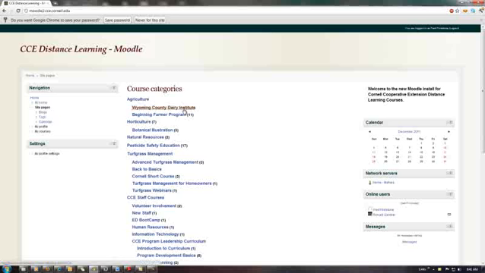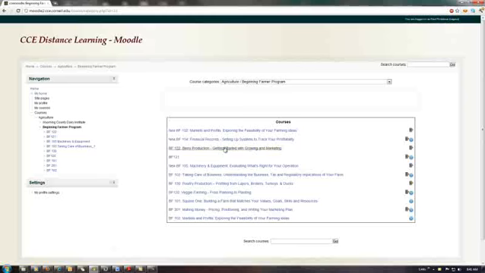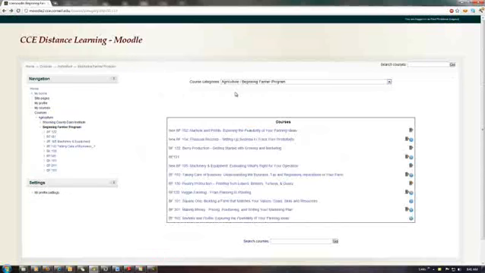There's a good chance that your instructor emailed a direct link to your course. But if you don't have that direct link, you can browse to navigate to the course. We're going to click on this. You can see that in this particular course, I've already logged in before, so I don't need an enrollment key. But we're going to go back and select one